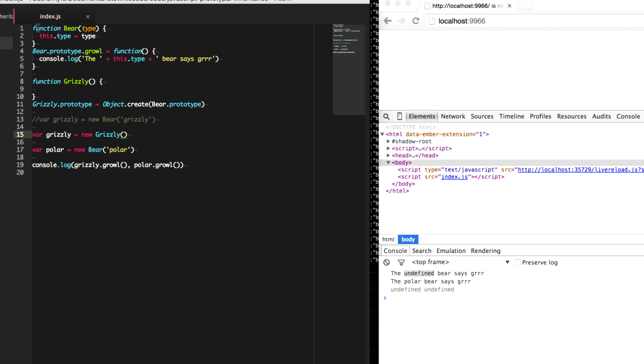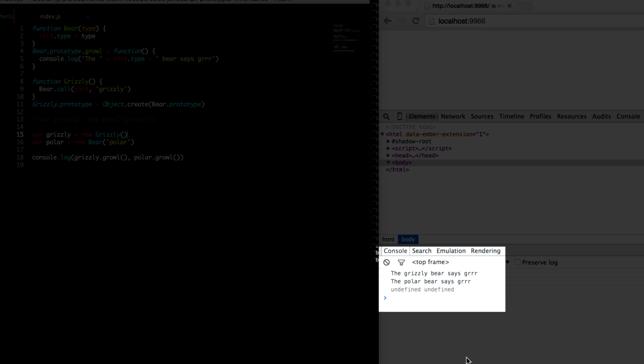No. What happens is this is the constructor for the bear type, and in the constructor here, we are not calling the constructor of the bear type. So what we need to do is use bear.call(this). What we're saying is call this constructor using this instance. And you can even pass in the parameters here. Since we know this is always going to be a grizzly type, we can say the first parameter, the type here, is grizzly. And so now any new instance of grizzly that we create here will always have the